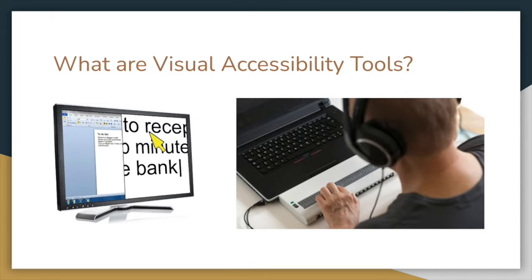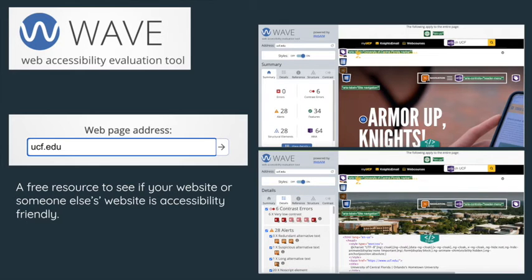There is one free resource that every web developer and web designer should utilize during the workflow process. This free resource is known as WAVE, Web Accessibility Evaluation Tool. Once you're on this website, you will see the option to input the web page address. Once you do that, click the arrow button, and then you'll be led to a page where on the right you'll have a live version of your website or the website that you want to look at, and then on the left you'll have a summary which includes errors, alerts, contrast errors, features, structural elements, and ARIA. You can click on the multiple issues that you would like to see where they're located and maybe potential ways to resolve it.